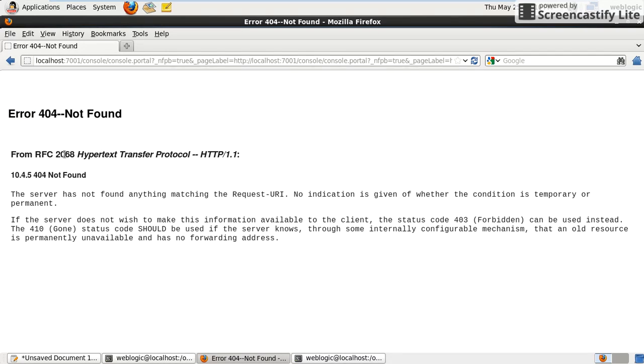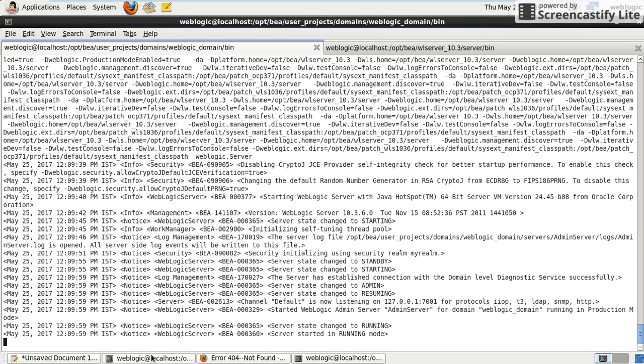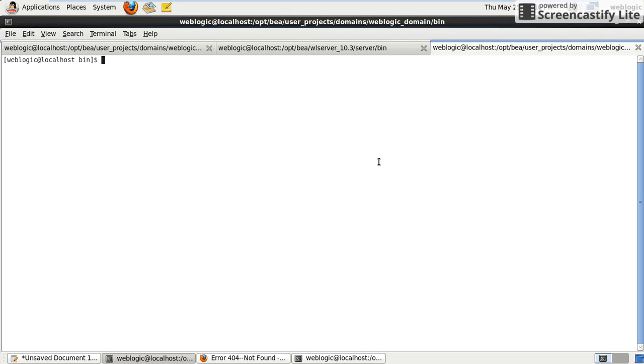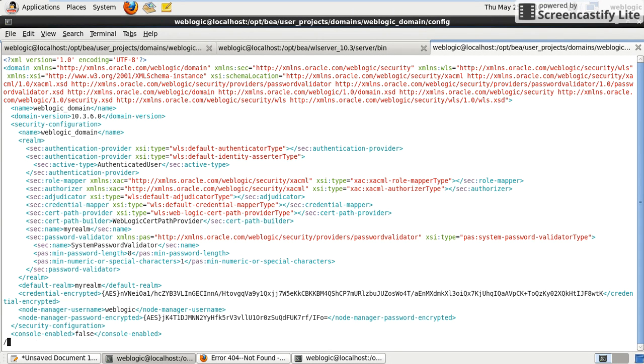It is disabled. Now you have two options to enable the admin console: WLST or the config.xml file. In the config.xml, just search for console.